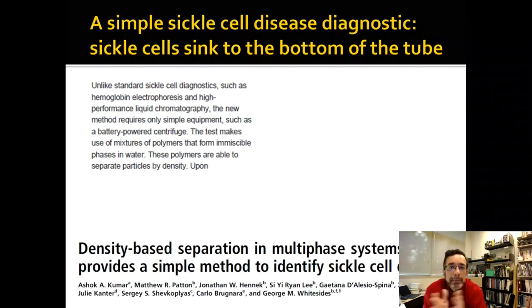Here's another diagnostic that we can do today that's very simple. Because the red blood cells are messed up and they're all tense, they actually will sink faster. They're more solid, and all you need is a centrifuge. And you can make a centrifuge pretty cheaply. All you need is an egg beater, or a fidget spinner can be turned into a centrifuge. So if you can have a cheap centrifuge, you don't even need electricity necessarily to run this particular